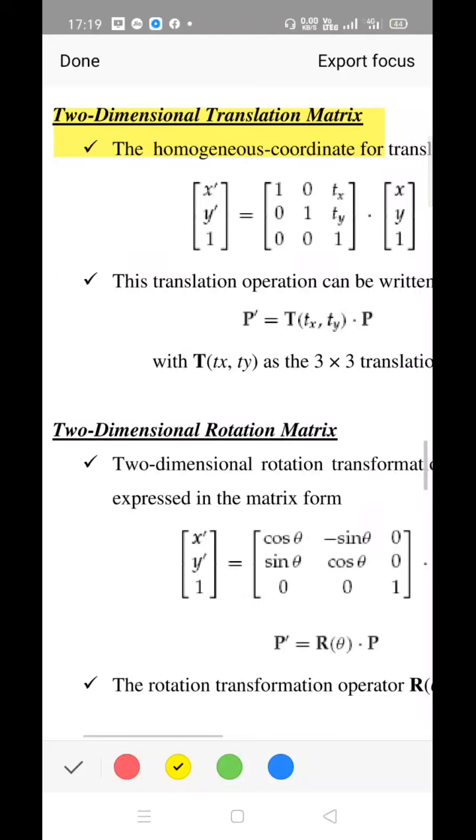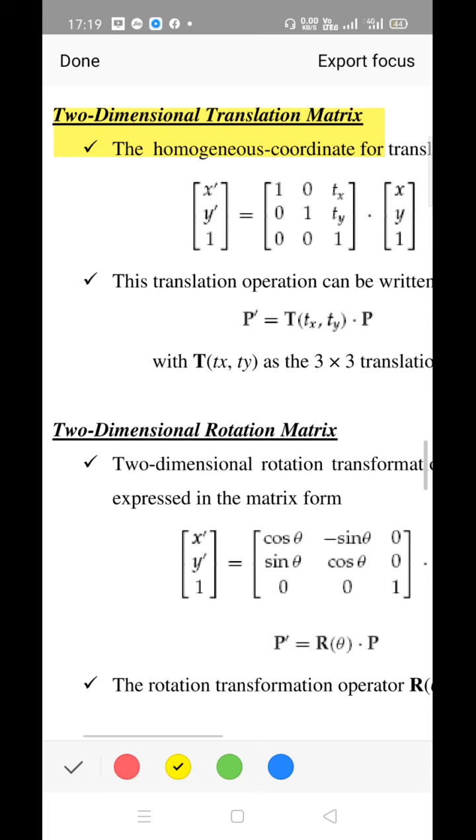Hello students, let's continue our discussion with respect to two-dimensional transformation. So now we are talking about the homogeneous coordinate representation system. In case of the homogeneous coordinate system for 2D model, we are taking a 3 cross 3 matrix. In that, the first two parameters represent x and y. The first two are perpendicular, but the third one we are taking as the parallel, that is the z plane. We are keeping the value constant, 1, throughout.